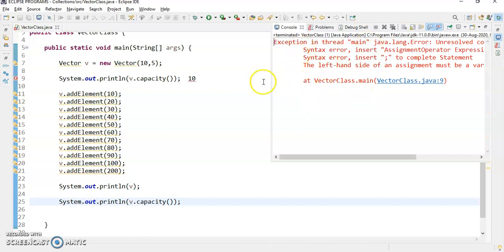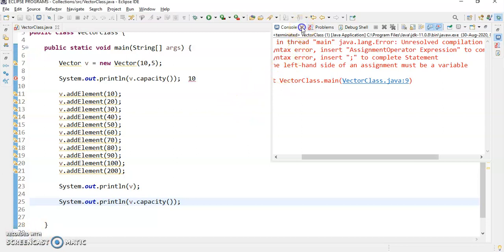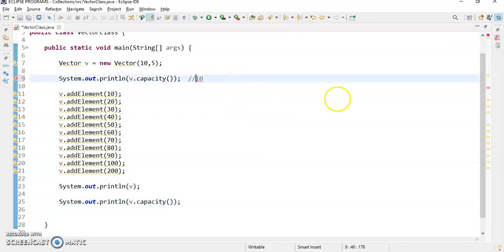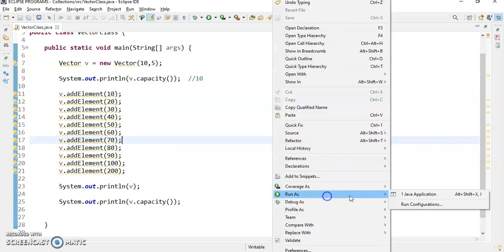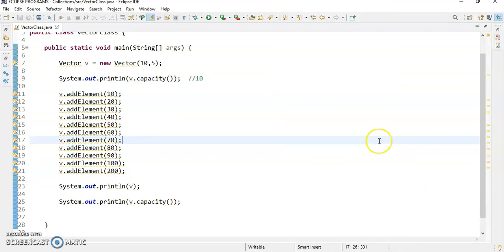Sorry, it's a silly mistake. Here I actually need to add a comment. I'm directly printing, which is not allowed. Now check.